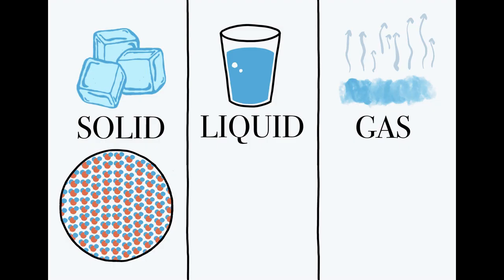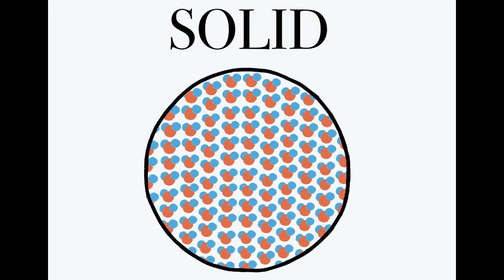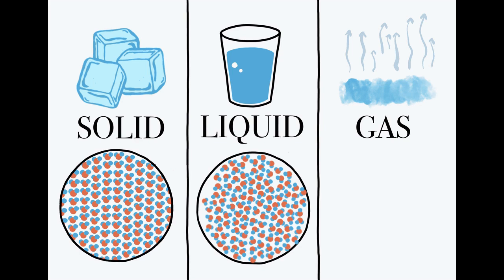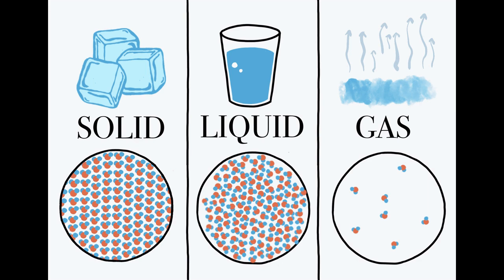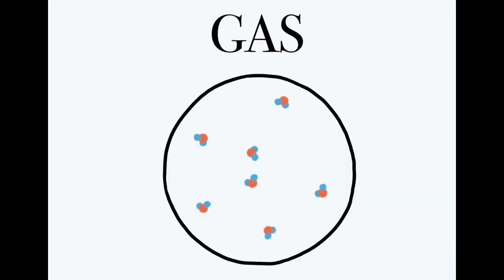In the solid state of water, the H2O molecules are tightly packed and in an organized structure. During liquid form, the H2O molecules tend to move around and are arranged quite closely to one another in random structures that tend to change. In the form of gas, H2O molecules are very spaced out and are constantly moving around.